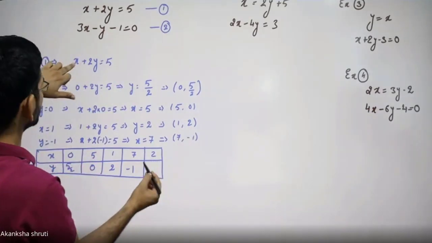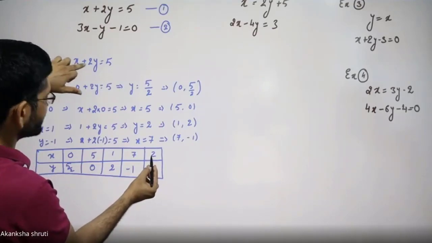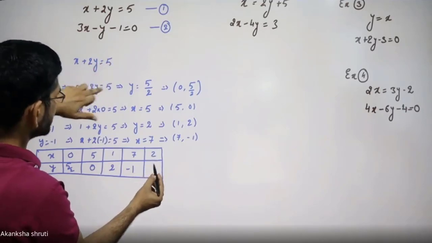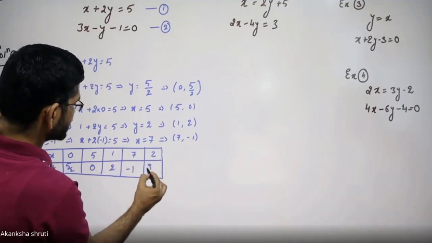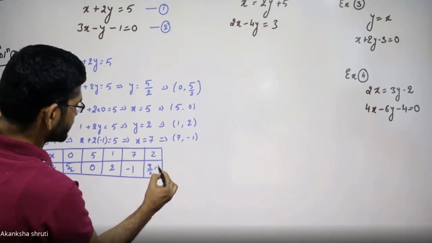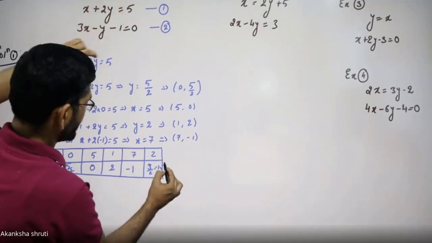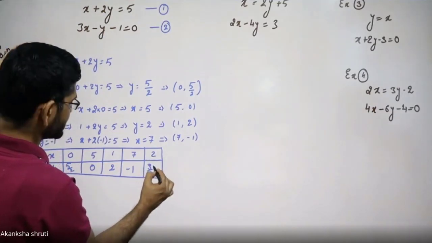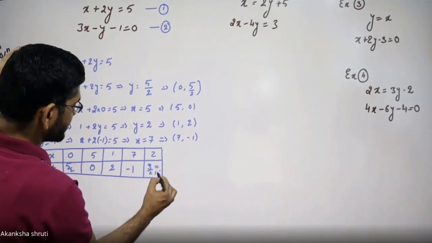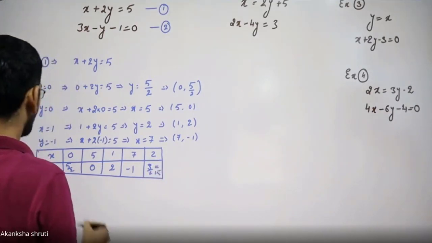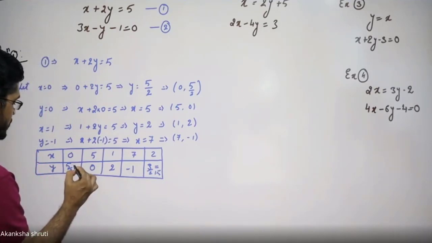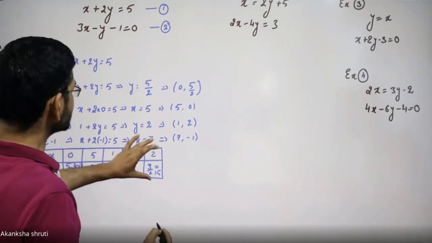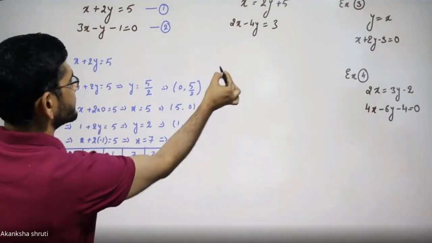Let us choose x is equal to 2. So substitute this 2 directly here. This 2 will go on the right hand side. It becomes 3. So y is equal to 3 by 2. So I can write this as 3 by 2. 3 by 2 is like 1.5. Because on the number line, it is convenient to plot these decimals. So this is like 1.5. 5 by 2 is like our 2.5. Okay, student? So these are the points that we have to plot over the graph.